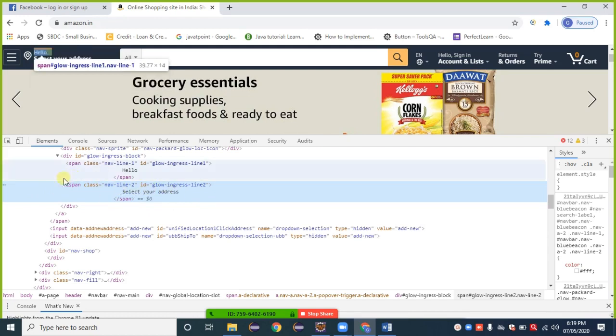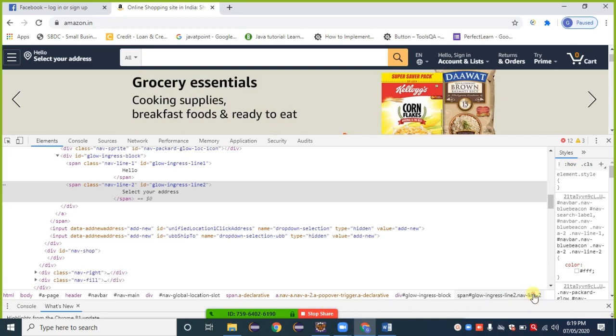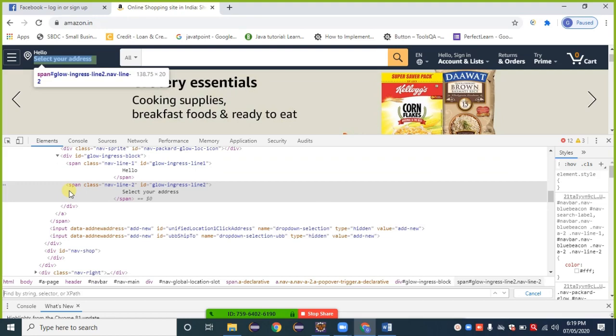Inside that, press Control F. When I press Control F, observe that a small text box opens here. Here also I am taking it again one more time. Press Control F, and this opens here. What is here? Find by string, selector or XPath. So inside that we can check our XPath.